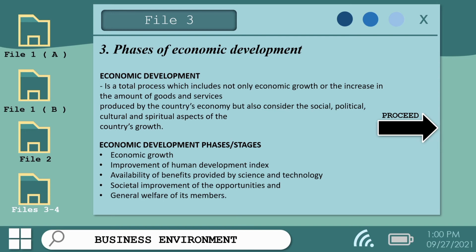Next, the improvement of the Human Development Index. So, human development is defined as a process of enlarging people's freedoms, opportunities, and improving their well-being. Human development is about the real freedom ordinary people have to decide who to be, what to do, and how to live. And the importance of the Human Development Index is that it is an essential indicator of the overall socio-economic conditions of a nation and its residents,